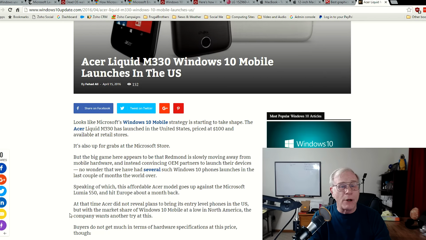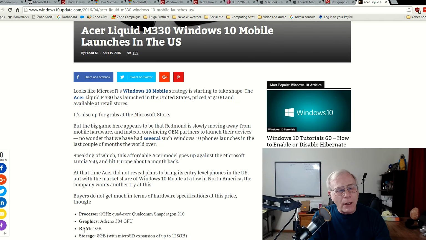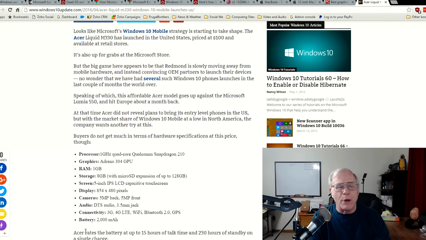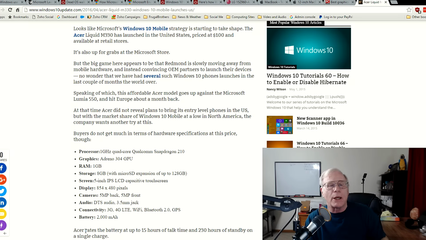This makes it extremely affordable as an entry-level phone. You don't get a lot, though. I mean, you shouldn't expect much for $100, right? But it does come with a 1 gigahertz quad-core Qualcomm Snapdragon 210, 1 gigabyte of memory, 8 gigs of storage, or up to 128 with a micro SD expansion slot, and a 5-inch IPS LCD capacitive touchscreen.